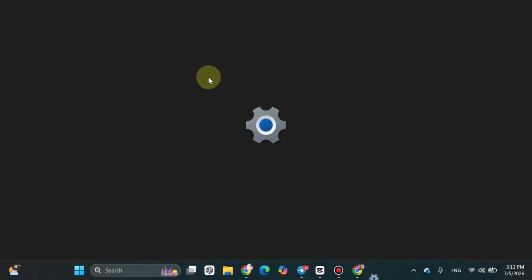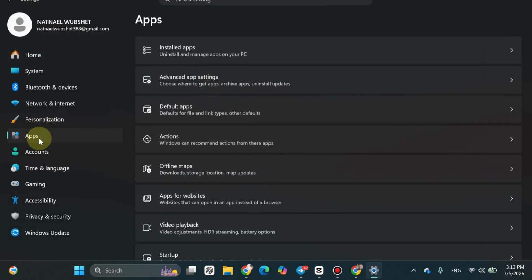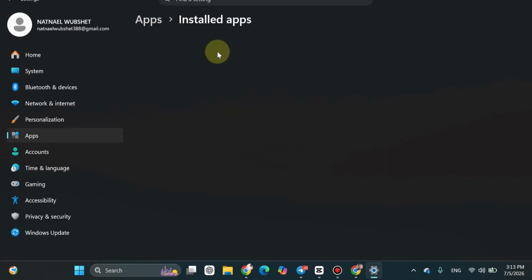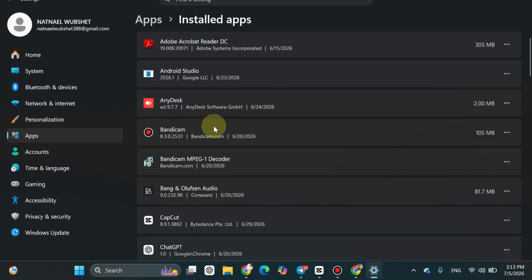Next, click on Settings. In the Settings window, select Apps from the menu on the left. Then, click on Installed Apps. You'll now see a list of all the programs installed on your computer. You can scroll through the list or use the search bar at the top to find the program you want